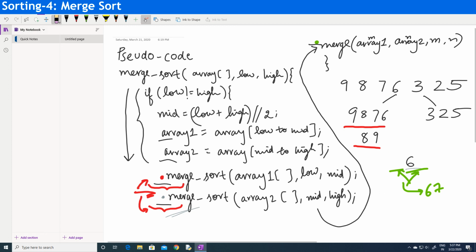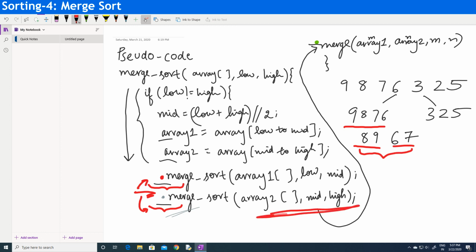So this is no longer 7, 6, it is actually 6, 7, and for this part, this function has finished its execution,